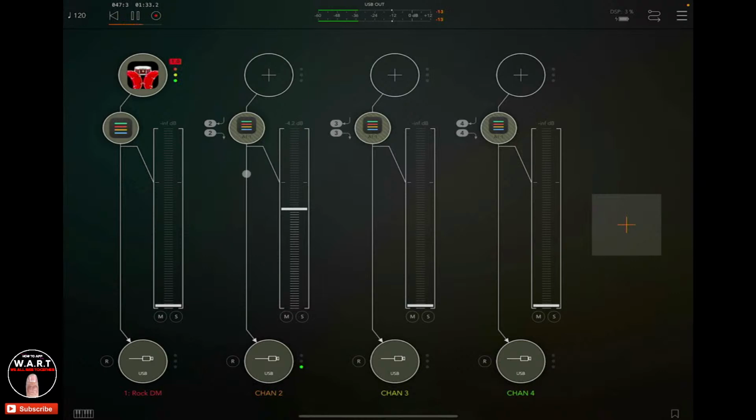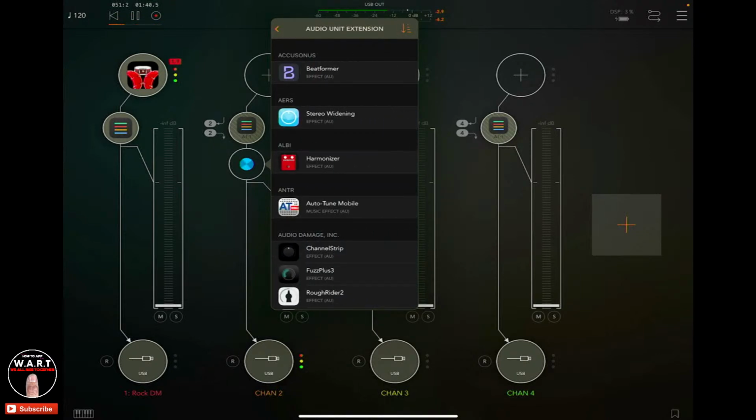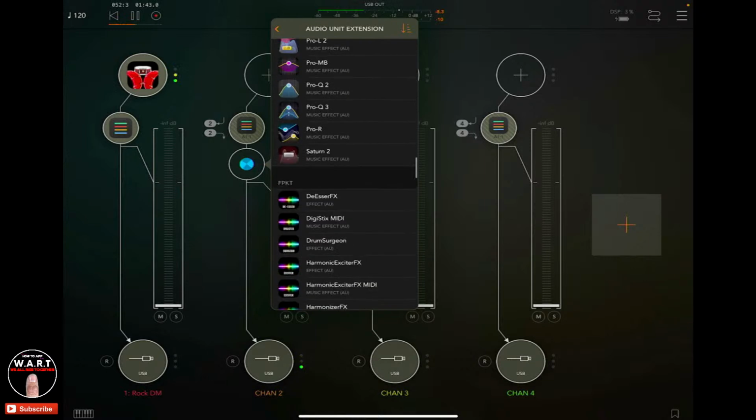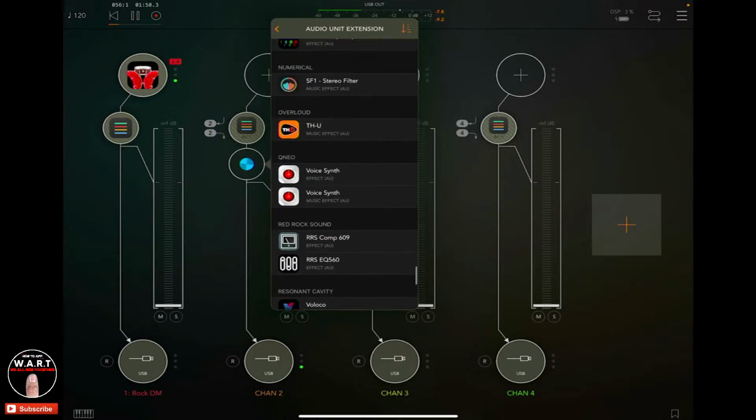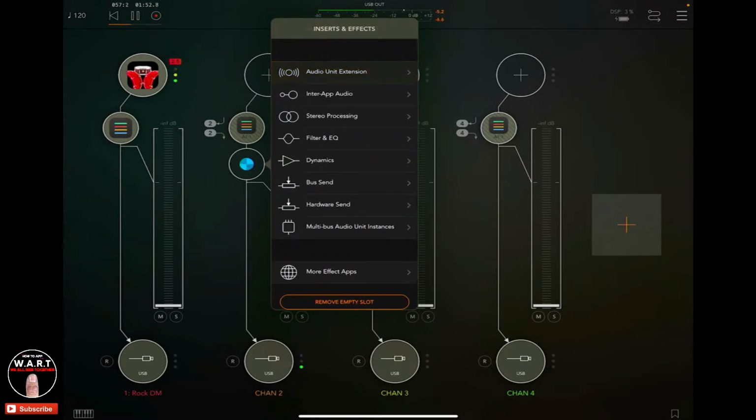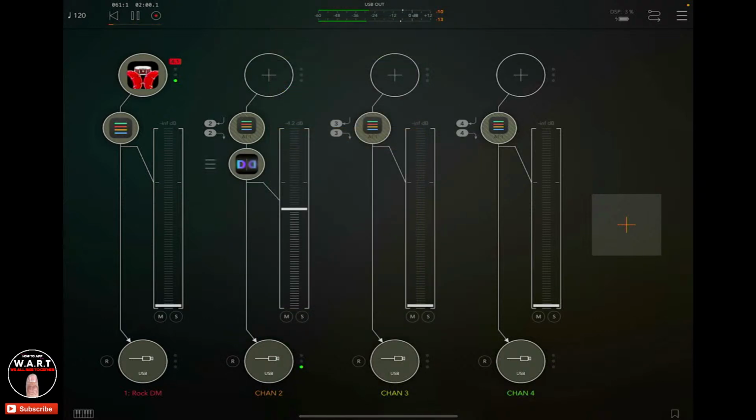Now I can go into the effects on this track here, double click, and I can go and add any audio unit extension I want. So for a bit of fun, I'm going to go right down the bottom here and add something crazy like, where is it? Why is it not here? I don't know why it's not there. I'm going to add Yelled, which kind of adds this reverse kind of sound. So if we bring in